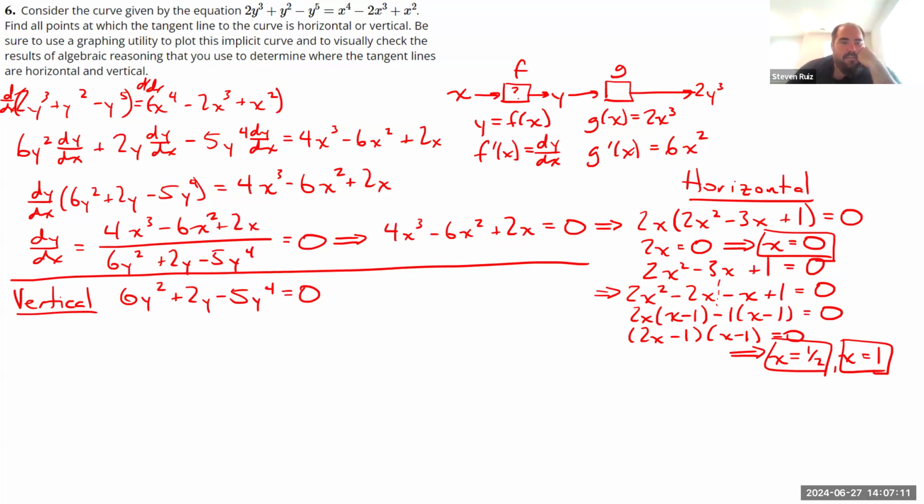Am I able now to factor anything out? I think the only thing I'm able to factor out is a y. So y times (6y plus 2 minus 5y cubed) equals 0. So one factor I see for free is that y equals 0. And then I have a cubic. I would really love to know where that equals 0, but I don't think I'll be able to figure that out